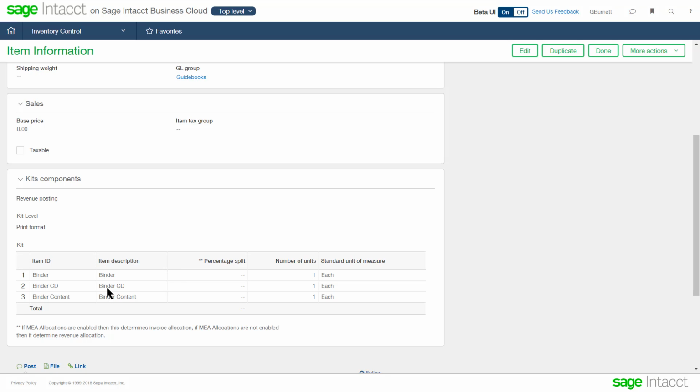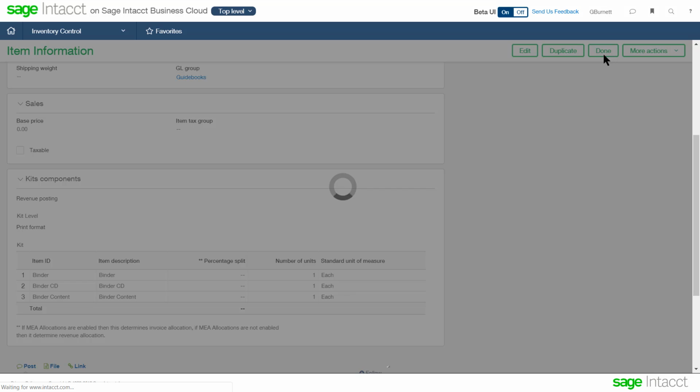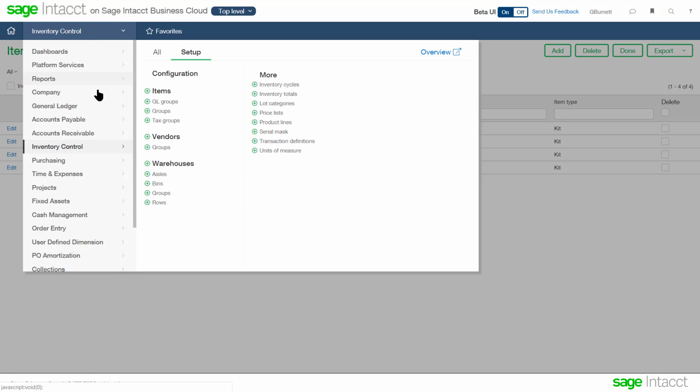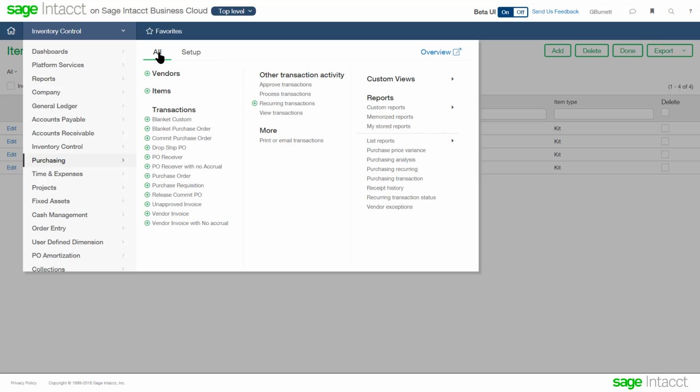It allows us to roll up this cost or roll up the information at this level and show the kit components or the finished good kit on the sales order and on the sales invoice. So lots of flexibility within the inventory system. So let's take a look at a couple things on how inventory fits into both purchasing and fits into